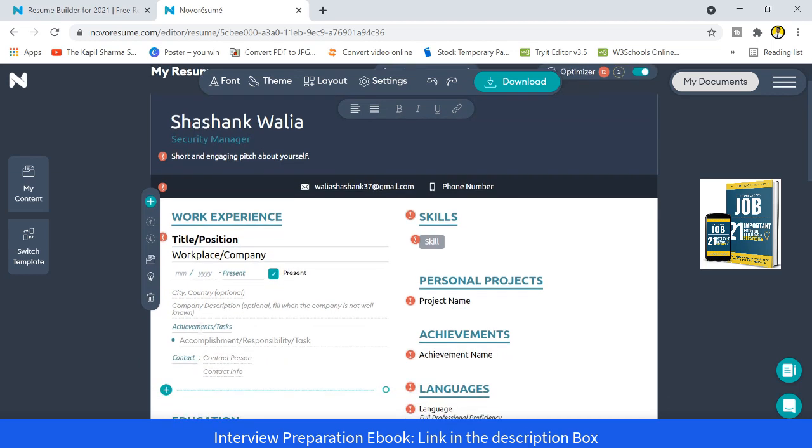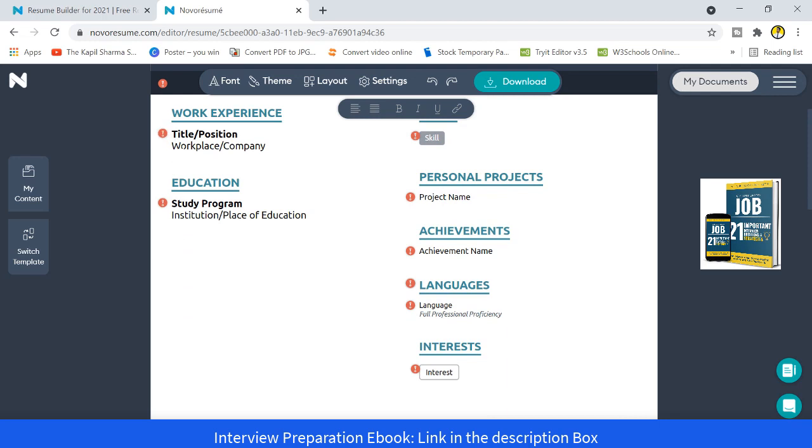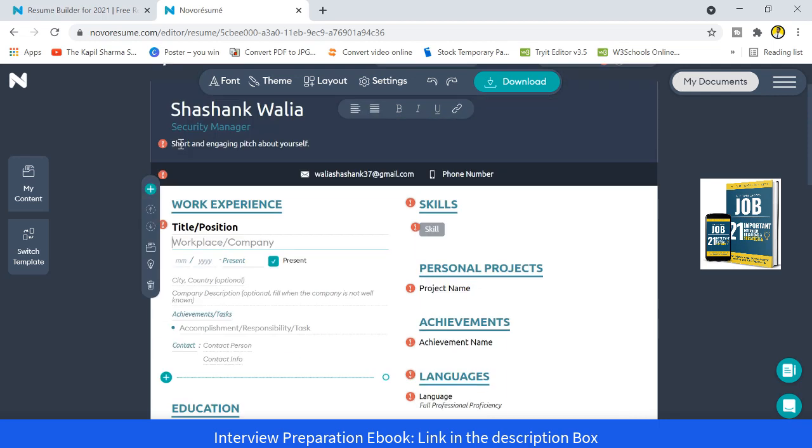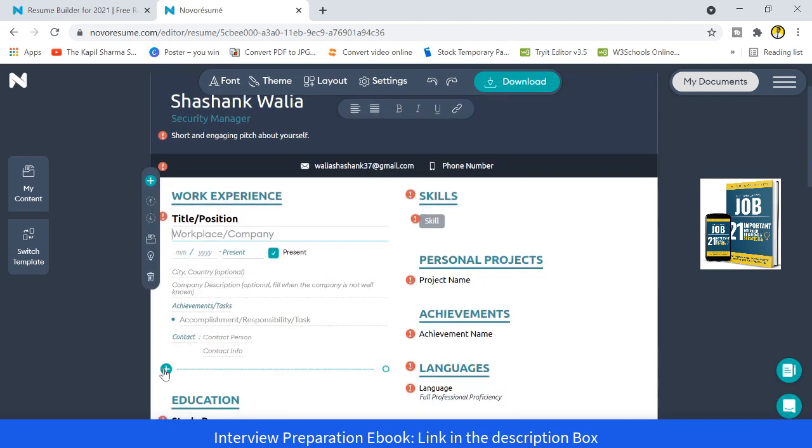Then you can add your achievements and tasks, and make sure that under every title or position do not exceed more than 6 to 8 achievements or job descriptions or tasks which you have done, right? So this is how you can keep it short and precise, and only add things which are related to the job description for which you are applying for, right? And now if you want to add another job title, you can simply click the plus sign, right?